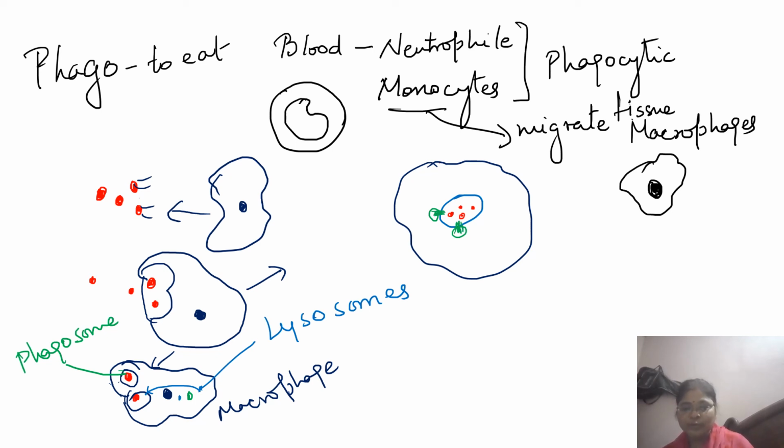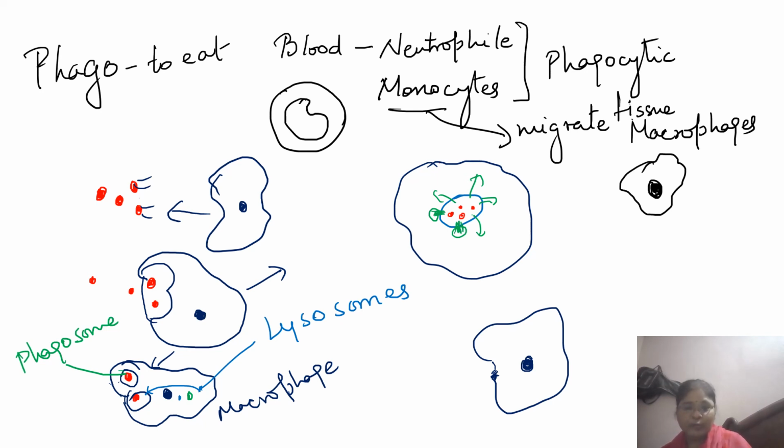What these enzymes will do is digest the bacteria and take out the nutrients, which are basically food for your macrophage, and they will provide the nutrients. The undigested product will be thrown out of your macrophage. So this is your macrophage, and the undigested part will move out of the cell, and the rest will be taken by the cell. This is how they cause